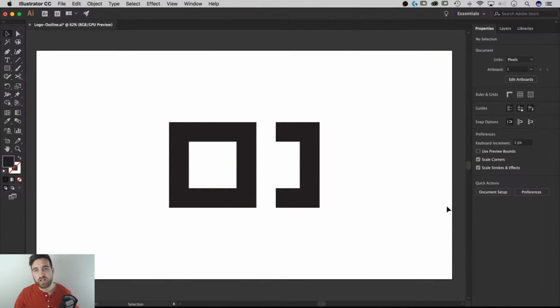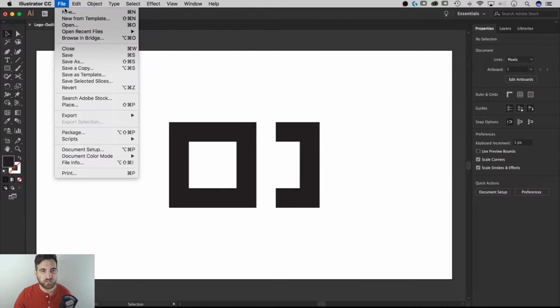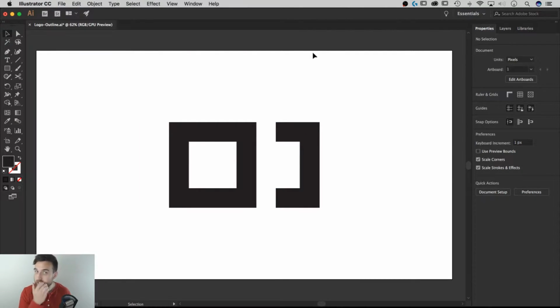In this tutorial, I'm going to show you a cool offset path, text effect, or shape effect that you can apply to any of your elements in Adobe Illustrator. Okay, so what I have here is a new document open. It's just 1920 by 1080. You can go up to File, New, and then follow the prompts to create a document of your own